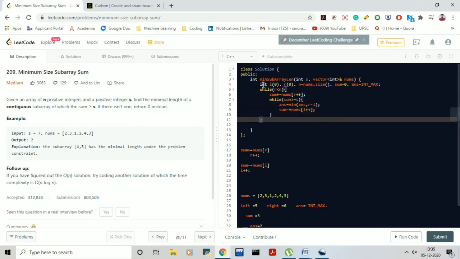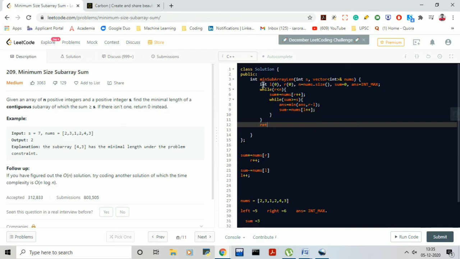So after all of these statements, we just need to check if our answer is equal to INT_MAX, मतलब हमें एलिमेंट कोई मिला ही नहीं, मतलब ऐसा कोई सब एरे है ही नहीं अनफॉर्चुनेटली, तो उस केस में तो हम विल रिटर्न 0. अदरवाइज जो भी हमने निकाला है इतना टाइम लगा के, वी जस्ट रिटर्न दैट एंड वी आर गुड टू गो.